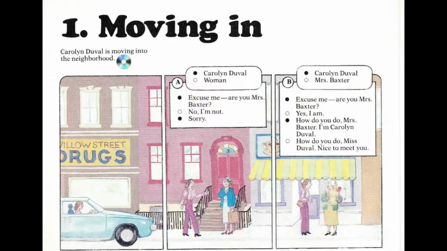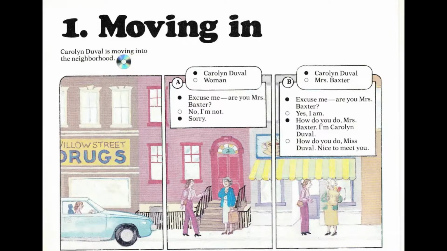Then it says on the top of the page, Carolyn Duval is moving into the neighborhood. What is neighborhood? It's a small part of the city. It's a small area in which a lot of people live together. So that is neighborhood. A lot of neighbors live together. A small part of the city. In part A, as we can see,